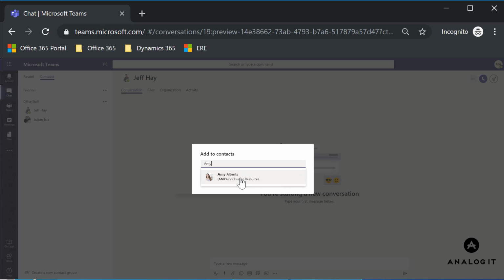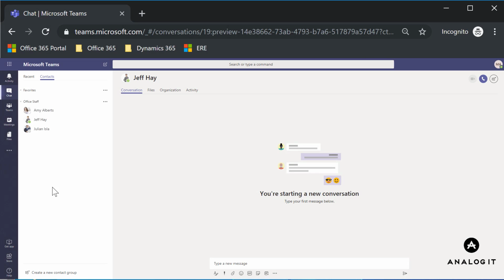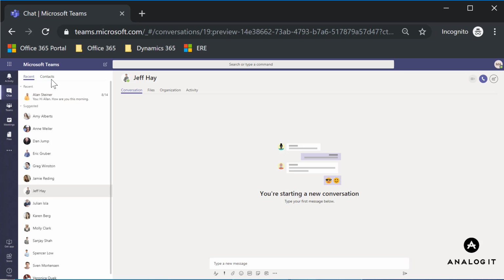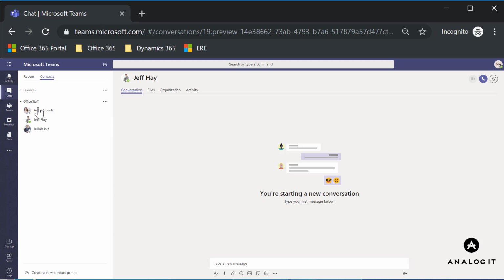So you notice it finds people very quickly when it's in the tenant. Okay, so if I go back to here, you'll see all these people here, but this is an easier way to keep track of the people you usually collaborate with on a one-on-one basis. So if I go to Jeff here,